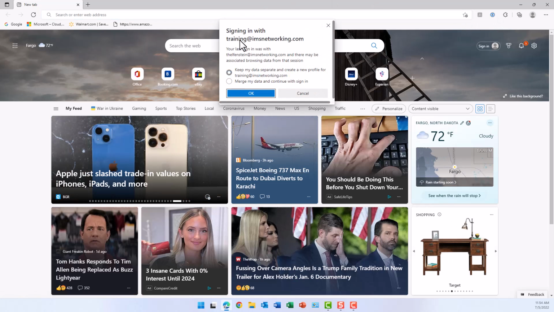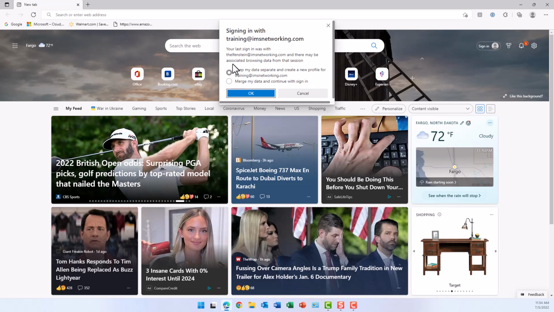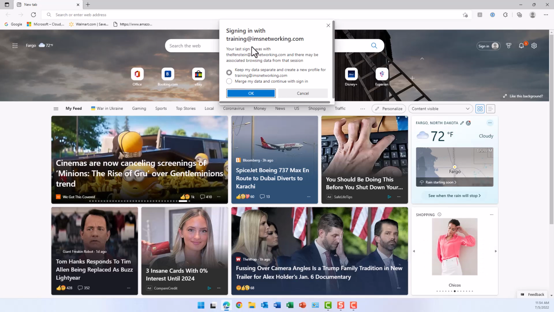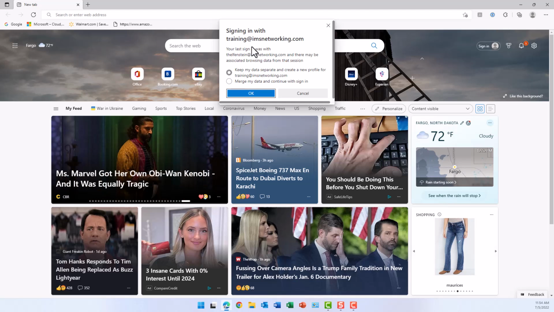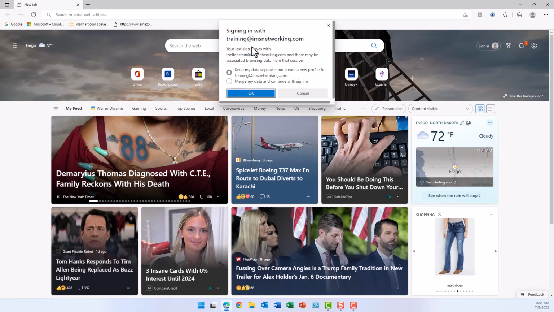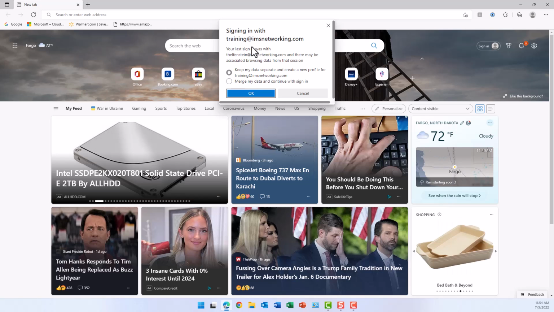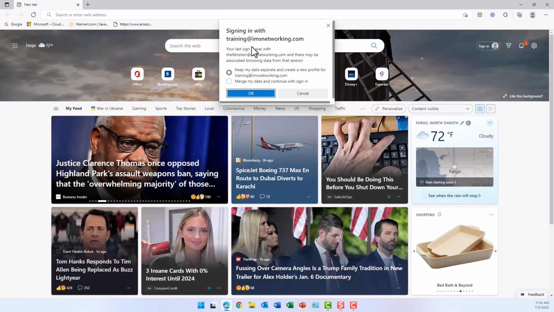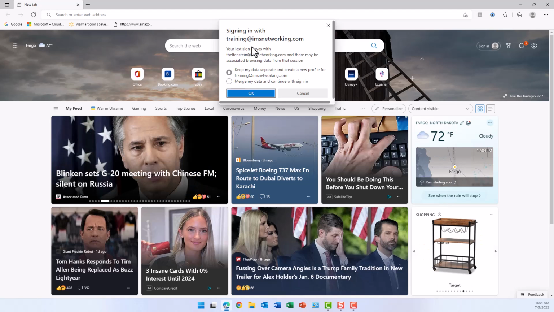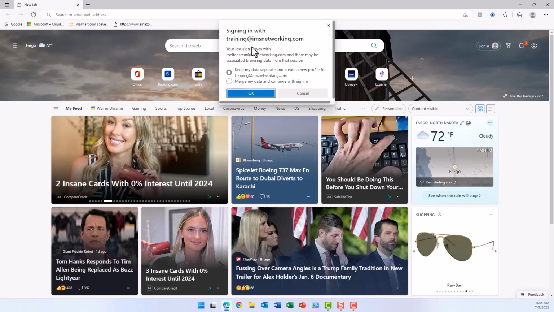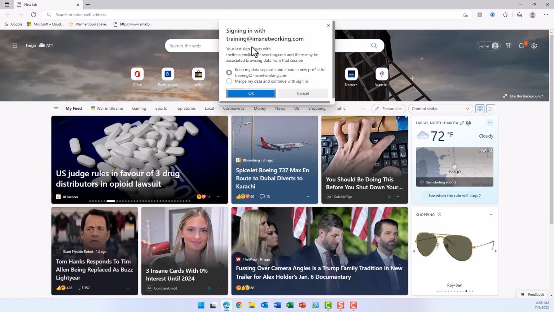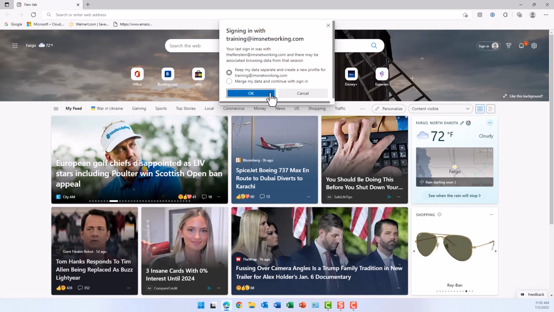Then it's going to ask you if you signed in before with a separate profile. It'll ask you to keep or merge. Another cool benefit of this is, depending on your workflow and what is allowed in your environment, you can have multiple profiles. So if you have an accounting-based profile when you're doing accounting work, and then maybe an executive profile while you're doing executive work, you can keep those two profiles separate and have different workflows, favorites, passwords, and plugins loaded into those. So I'm going to keep them separate just so it doesn't mess with my main account. And it will then